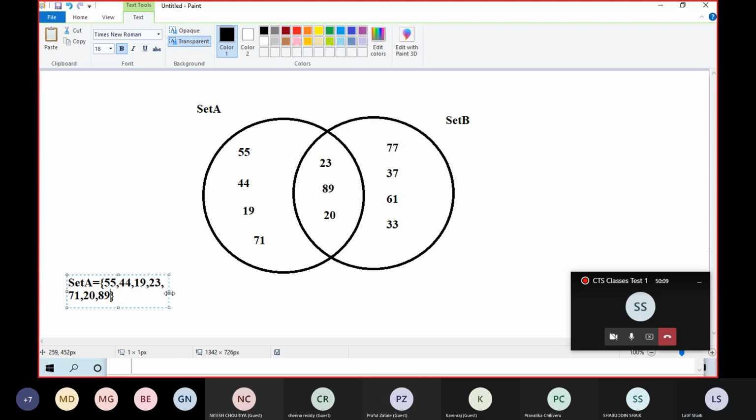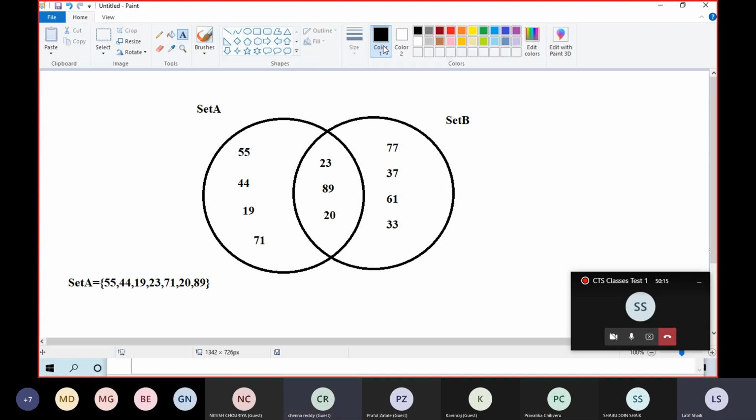Yes. Look at only the set A part. So you can see this is the entire set A: 55, 44, 19, 71, 23, 89, 20.